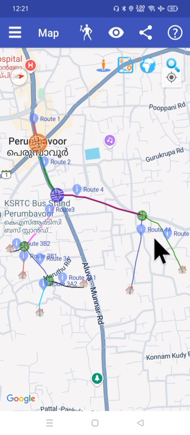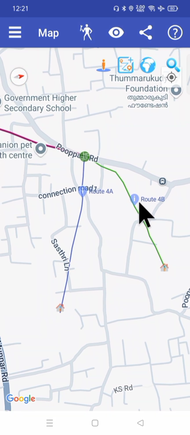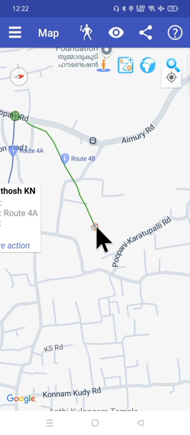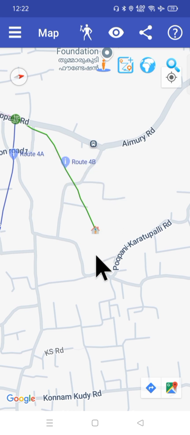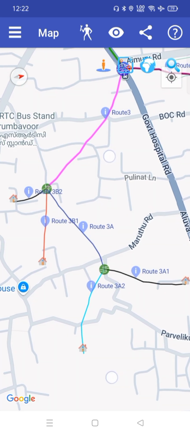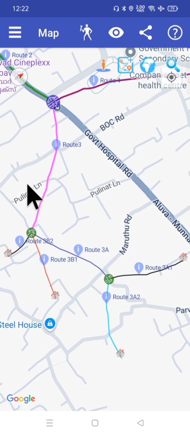We can see another junction box. Here is route 4A, route 4B, end connection. Here we can see the name of the customer. This is also an end customer. This is the other section of the route. This is route 3, other junction box, route 3B2, route 3B1, route 3A, another junction box, route 3A2, route 3A1